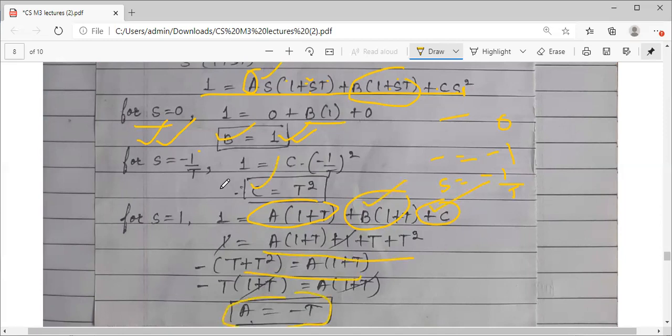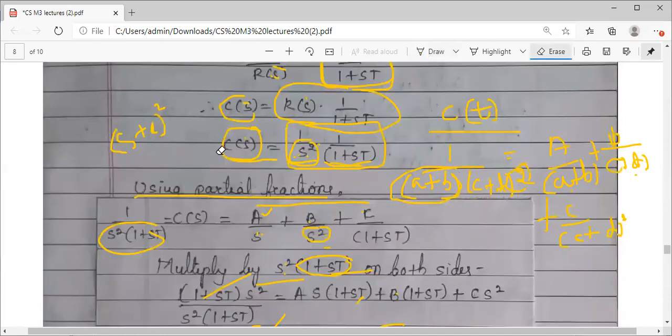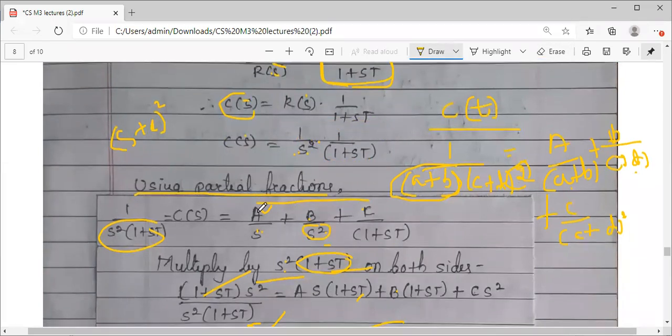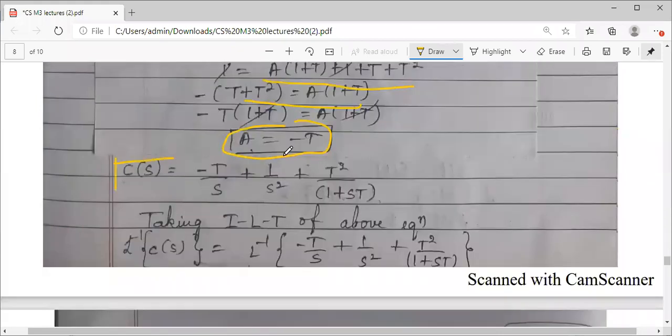So from the partial fractions, whatever equation I have got for c, that is the frequency domain value of c, I have simplified it. The simplified term is this. I have substituted a, b, c. Now I can apply the inverse, because I need the time domain value. So applying the inverse Laplace transform for this equation.